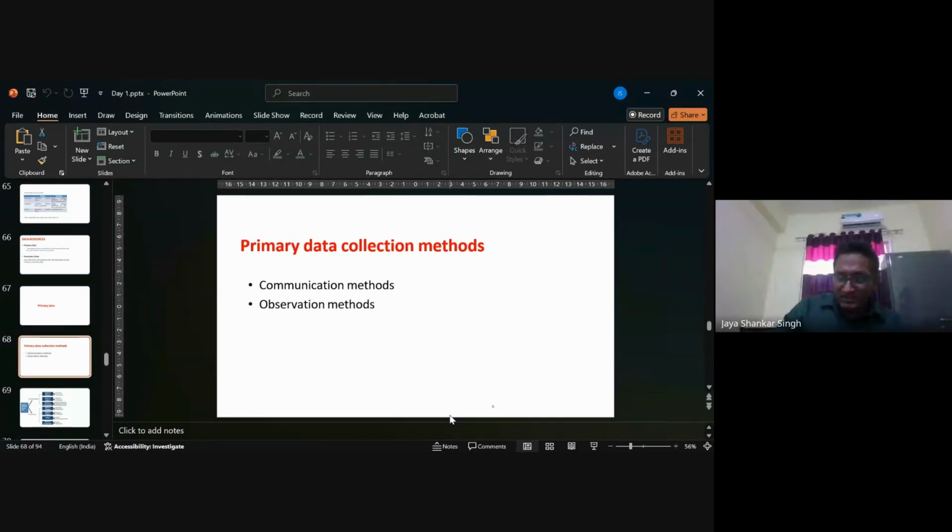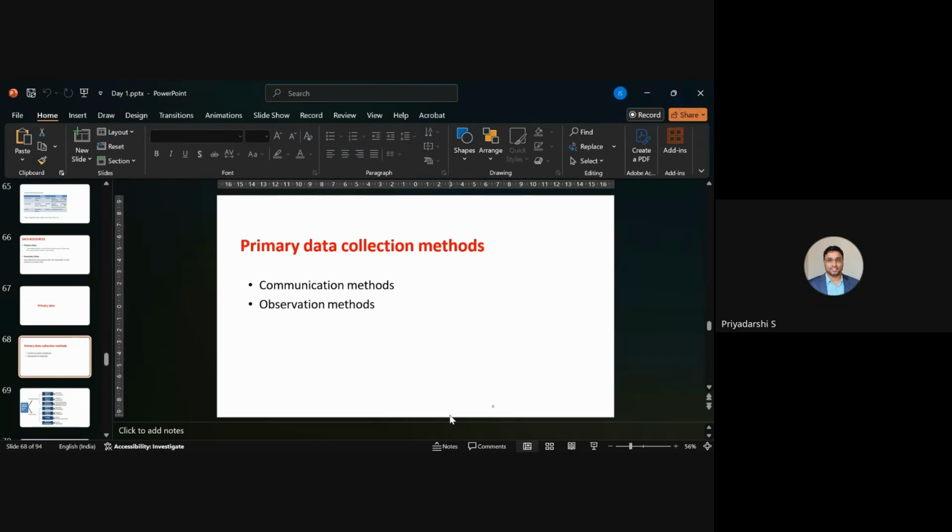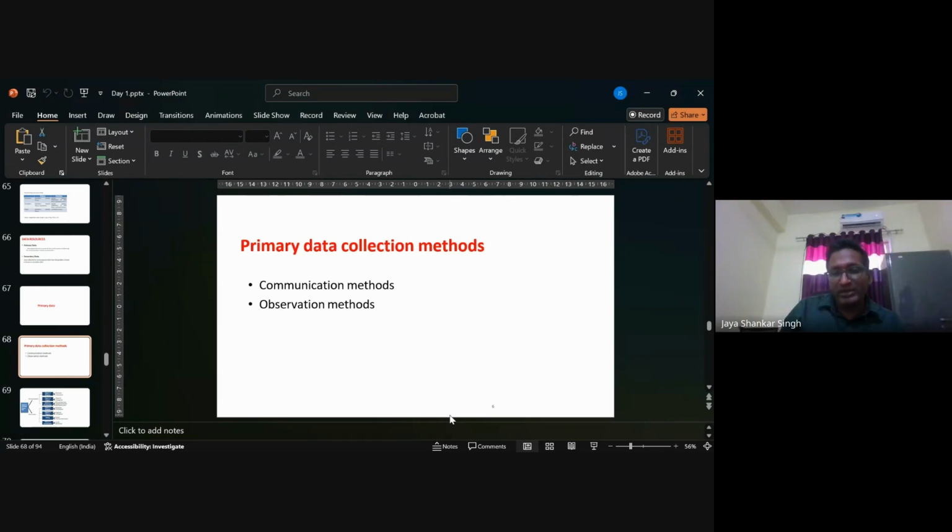You as a researcher become part of the research method. There is some communication which happens between the researcher and the responder. In observation, we are a third party. We just observe. We sometimes do interfere, but sometimes we may not. We just do the observation. We will look into the example and understand better.